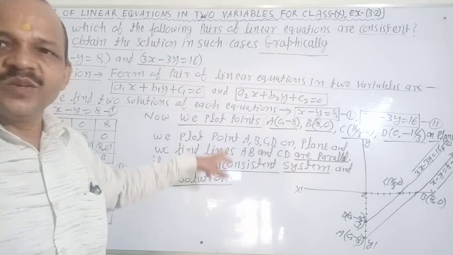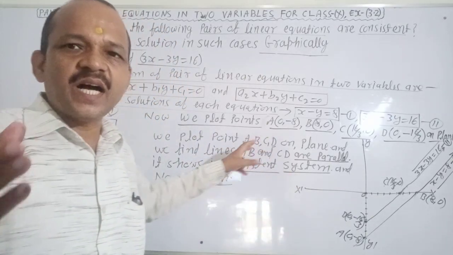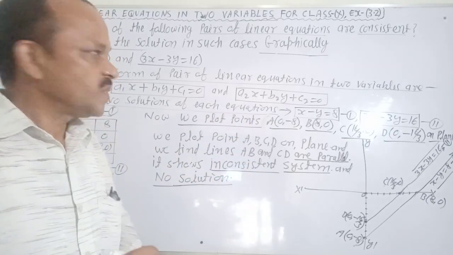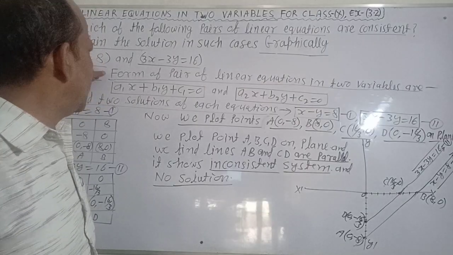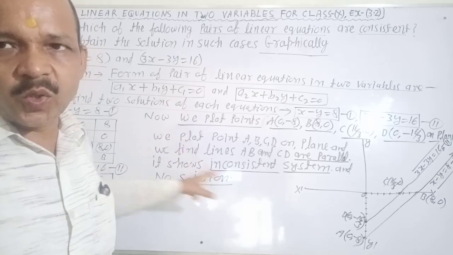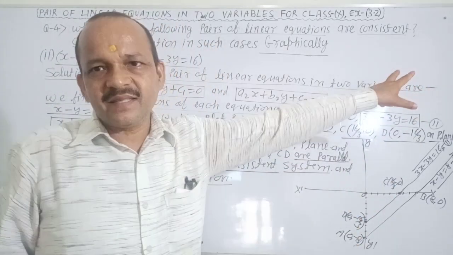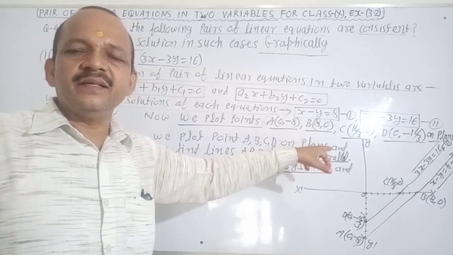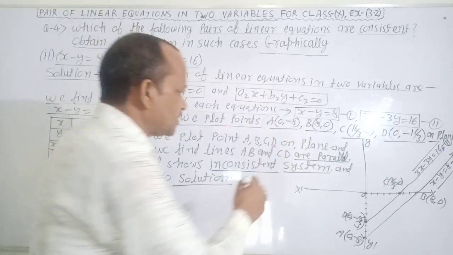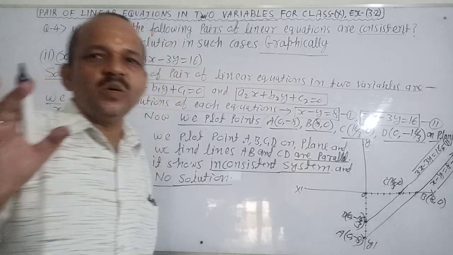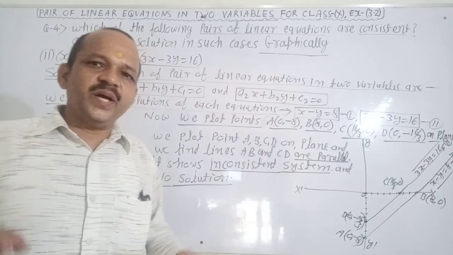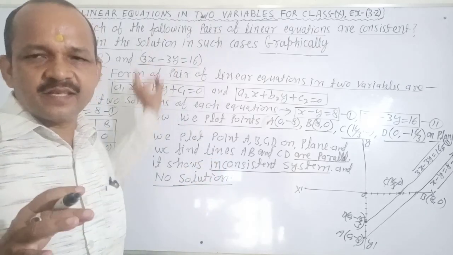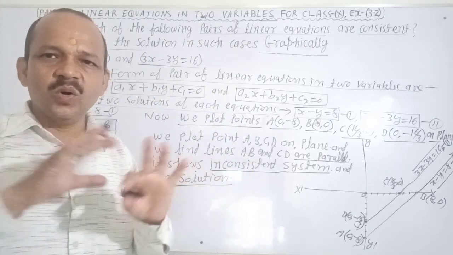It is clear, no confusion about it. You solve your question very easily and you decide. Given equation first and equation second show parallel lines, an inconsistent system and no solution. It is clear? No confusion about it? Very good. In this way you can solve any question very easily. It is easy, clear, no confusion?